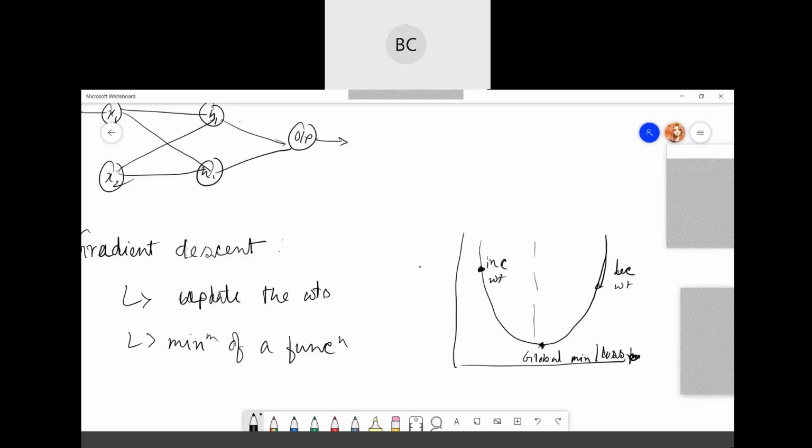Whenever you update the value, sometimes the error might go upward or it might go downward. That gives a direction in which you should go, whether you should come down or come up. If your point is somewhere here, you might need to come down. Suppose you are here, then maybe you have to come up, and like that. Now what does your learning rate do? I'll come to that part too.